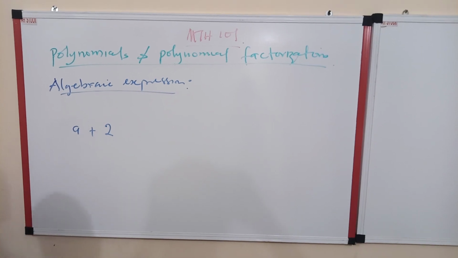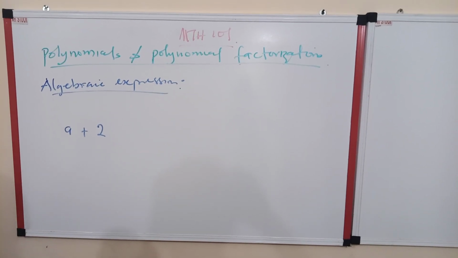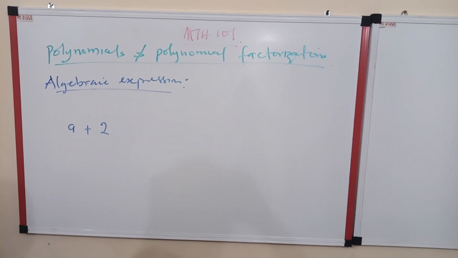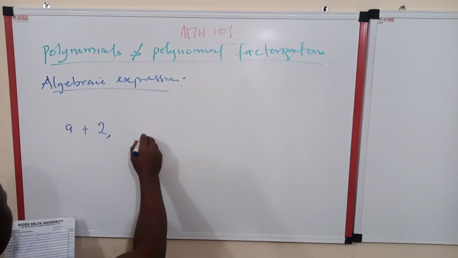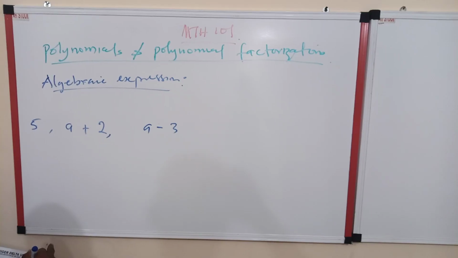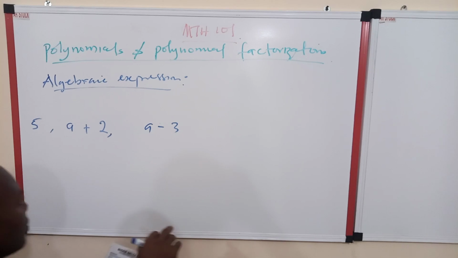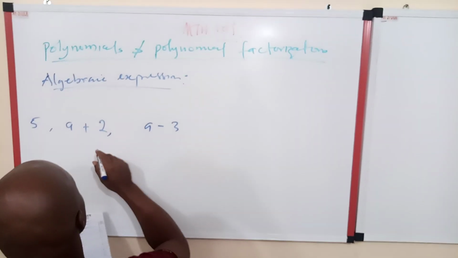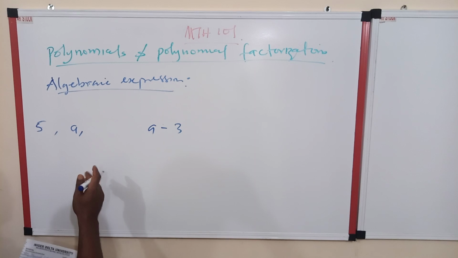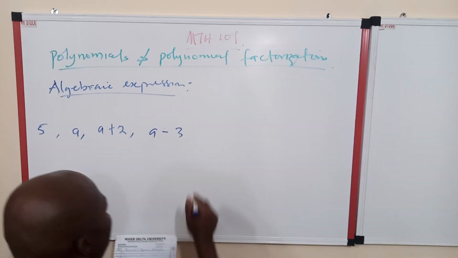An expression that consists of an alphabet and a number is referred to as an algebraic expression. Examples of some of these are A minus 3, and 5 itself, which is a constant. In this case, we assume that the A, which is the unknown, is 0. We can also consider just A. In this case, we assume that the constant is also 0. And we have A plus 2, and then we can also have 5,